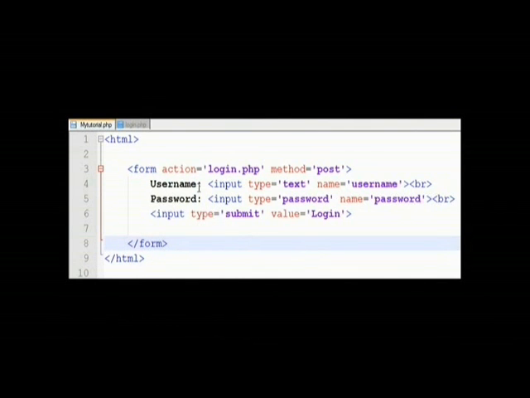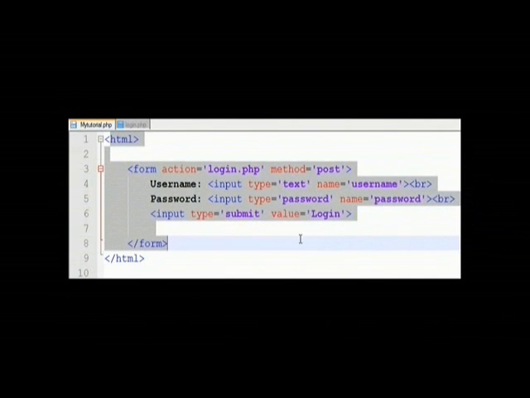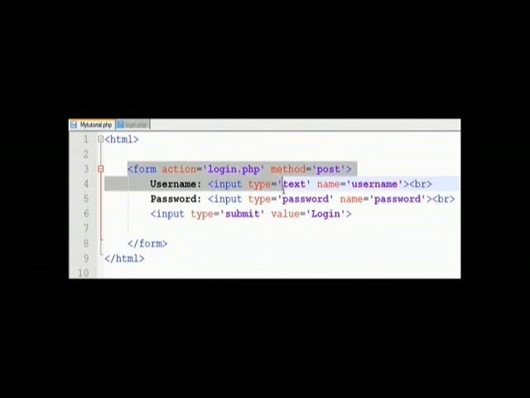As you can see, there's HTML code. These are the design of the login form. This highlighted part means the connection of the design and the process code. As you can see, there's an action here. The action means that when the user clicks the login, it performs the process code in login.php.